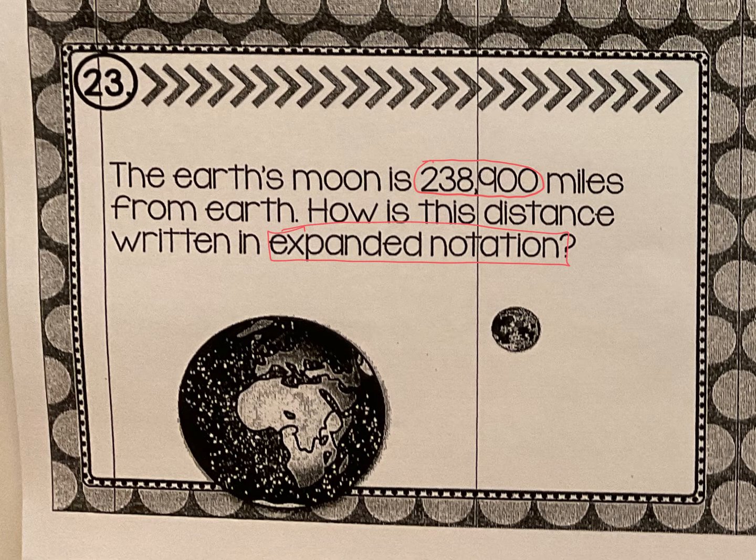We just did expanded notation, right? Yeah. Okay, first of all, let's look at the places. Say it with me, ready? 1, 10, 100, 1,000, 10,000, 100,000. Okay, so the 2 is in what place? 100,000. So we're going to do 2 times 100,000